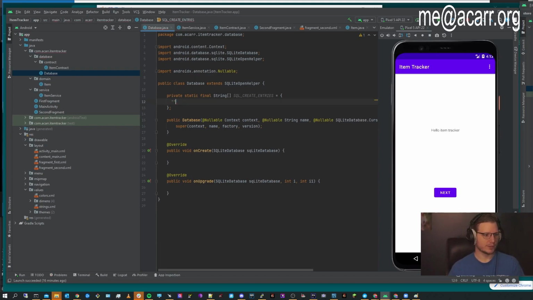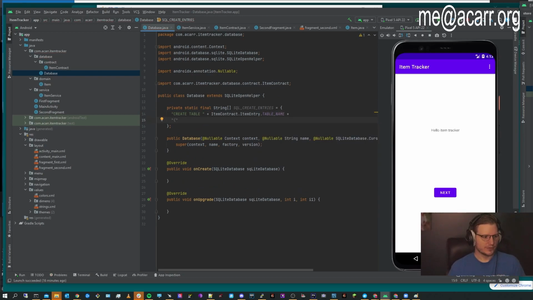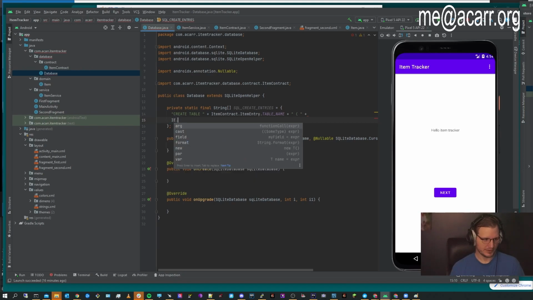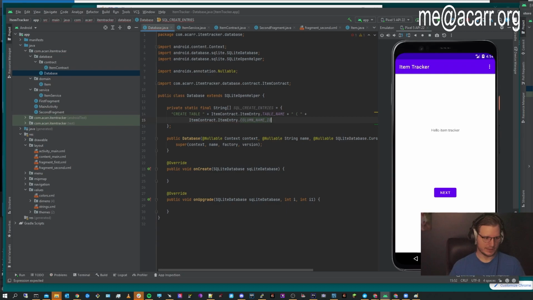We can create tables in each of the strings. So we're just going to create one table for right now. So we'll say create table space, then we have the table name, right? Item entry table name. Opening parentheses, obviously. Remember to add spaces. Let's put this on the same line. And then our first column, item entry dot ID plus space, and then this is going to be our primary key,